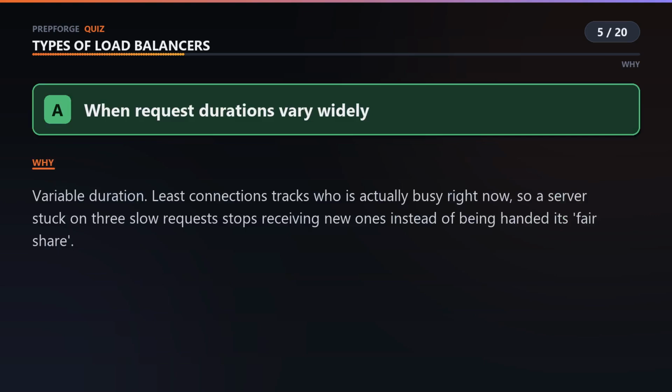Least connections doesn't count what it has sent, it looks at who's actually busy right now. So the server currently grinding through 3 slow uploads stops getting new work, instead of being handed its fair share regardless. It's feedback rather than a fixed rotation, and feedback wins whenever the work is uneven.